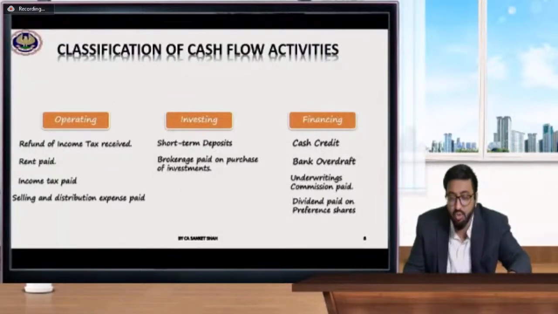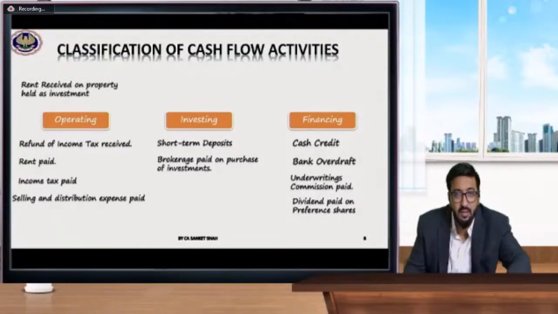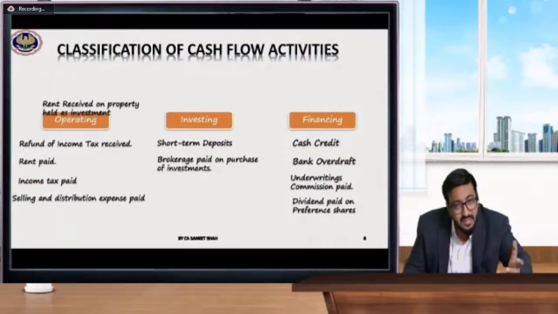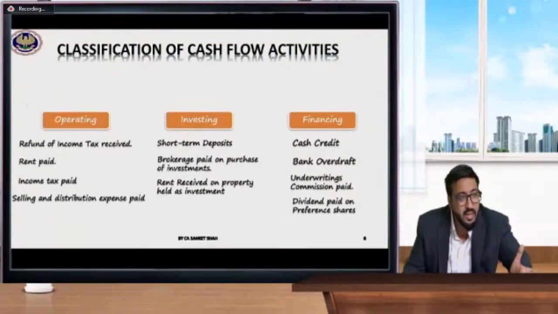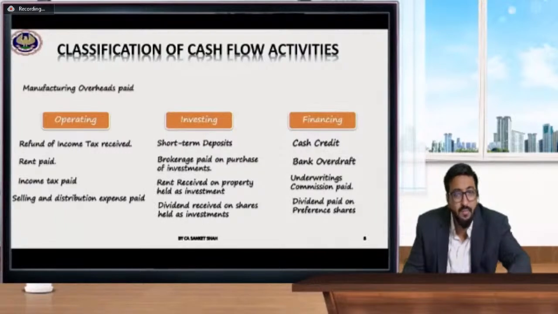Selling and distribution paid, expenses paid is operating activity. It's very simple. Rent received on property held as investment, investing. See the root, we are getting investment income. Dividend received on share held as investment, investing activity. Manufacturing overhead paid,